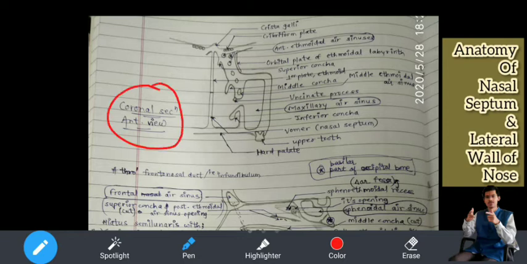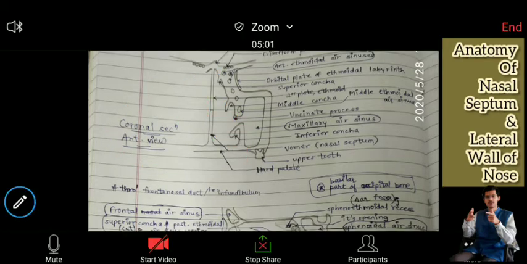Okay, see what is this? This is the ethmoidal air sinus. It has 3 parts: anterior, middle and posterior ethmoidal air sinus. And concha is the bony outer part. So superior concha, middle concha and inferior concha. This we will see. This is forming the lateral nose. So all these structures are present in the lateral nose. Now we will see them one by one in the diagram below.